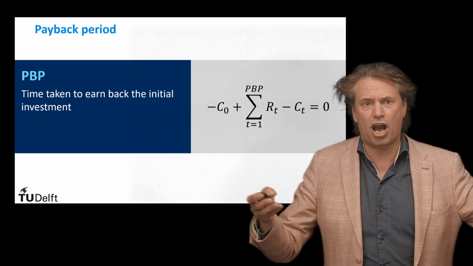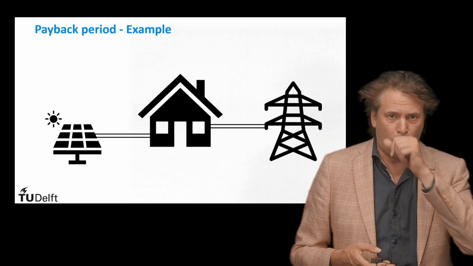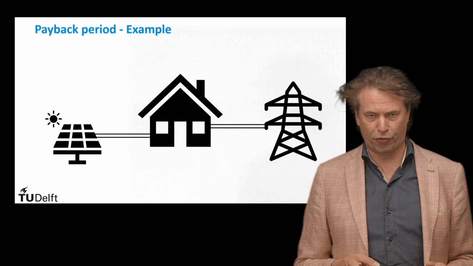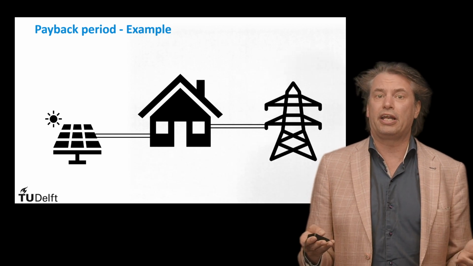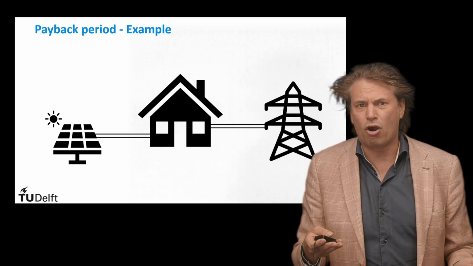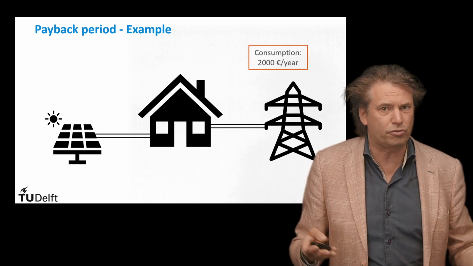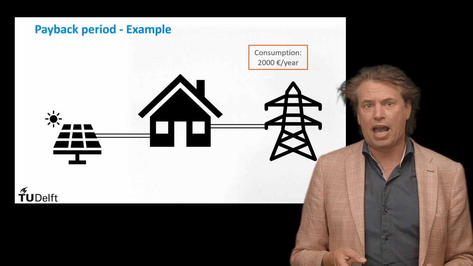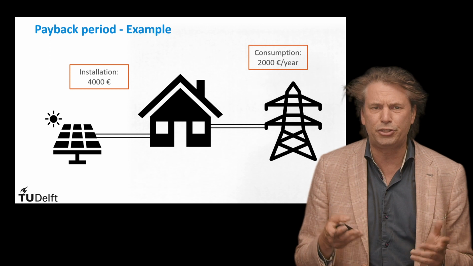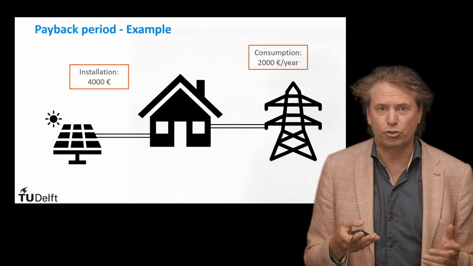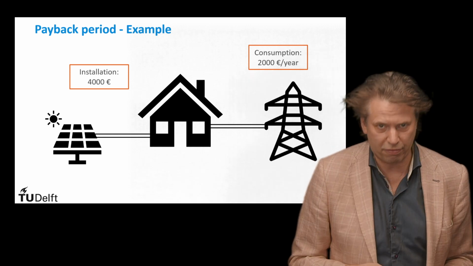Let's say, for instance, a household has installed a PV system of 1 kilowatt peak at an investment cost of €4,000. The family's usual electricity consumption is such that on average it incurs an electricity bill of €2,000 per year, and after the installation of the PV system, roughly €800 worth of electricity is consumed by the family, which is provided for by the PV system.